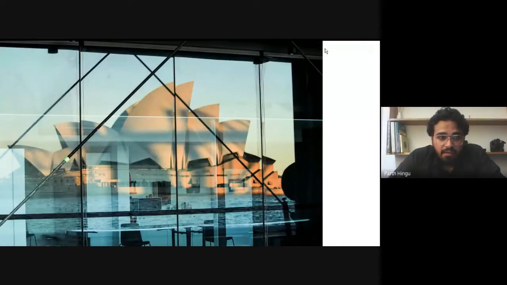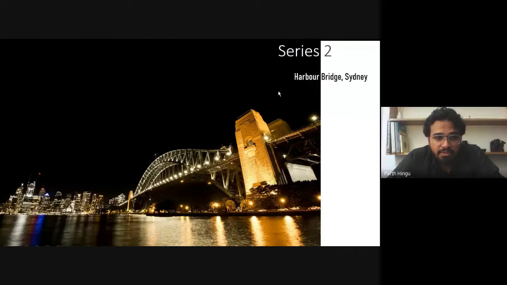When I was roaming around, there was a cafe, and I just saw the reflection of the opera house on it. I just took my camera and clicked the image. So this gives the dramatic effect, and it will make your photograph interesting. This is the opera house of Sydney, as you all know.